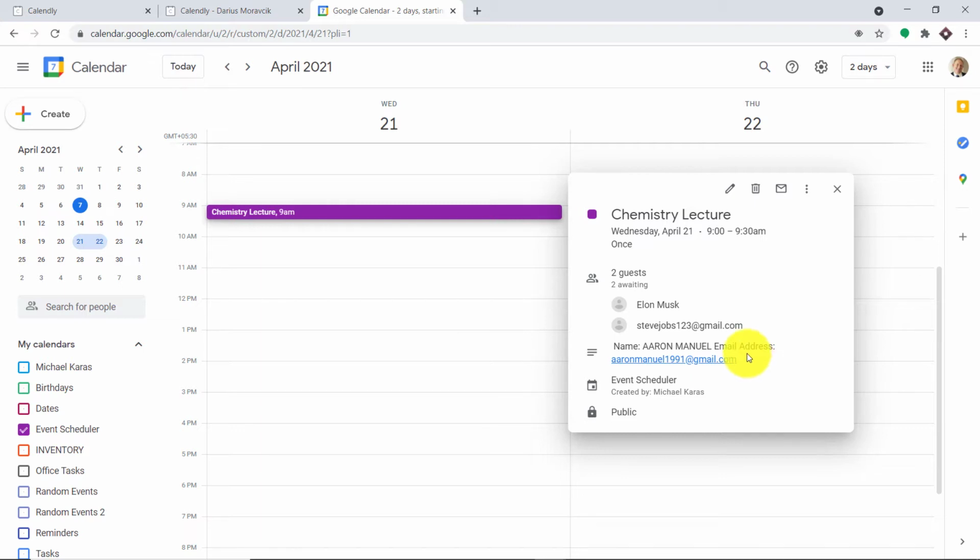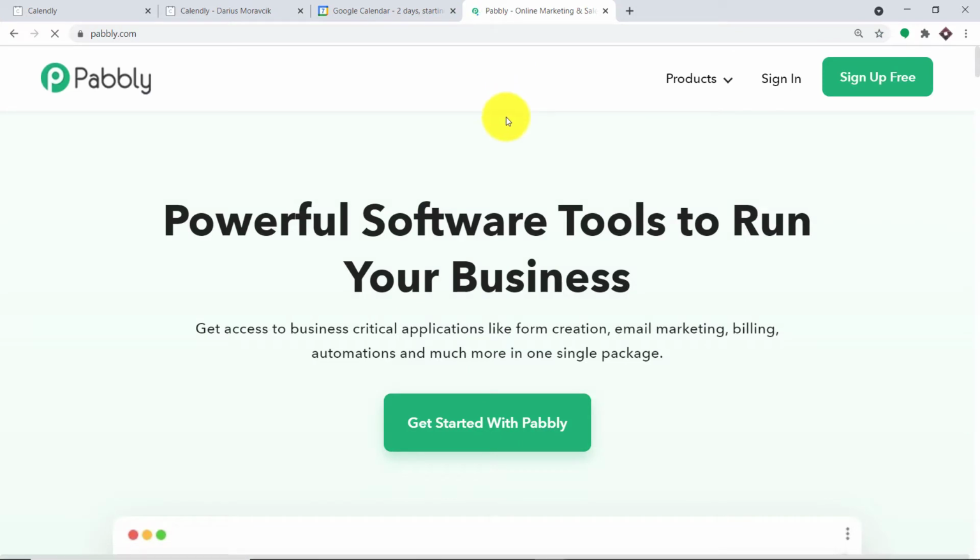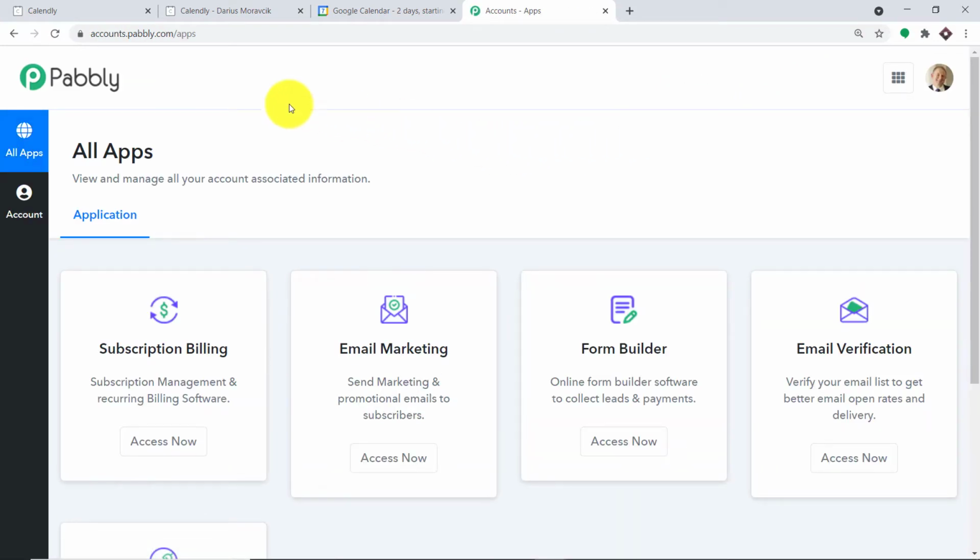Now to begin the actual integration process, we are just going to open a new tab and in the browser we are just going to type pabbly.com. Pabbly.com it is. Okay, so this is the website of pabbly.com. Here just click on sign in. Okay, so this is the dashboard of Pabbly Connect. As you can see, I already have made an account in Pabbly Connect. You can also build your own free account in just 2 minutes.